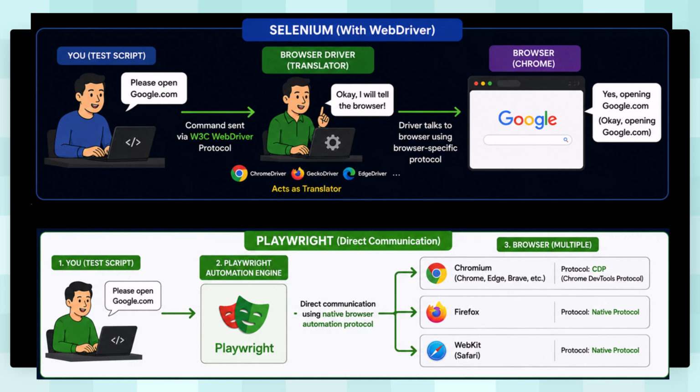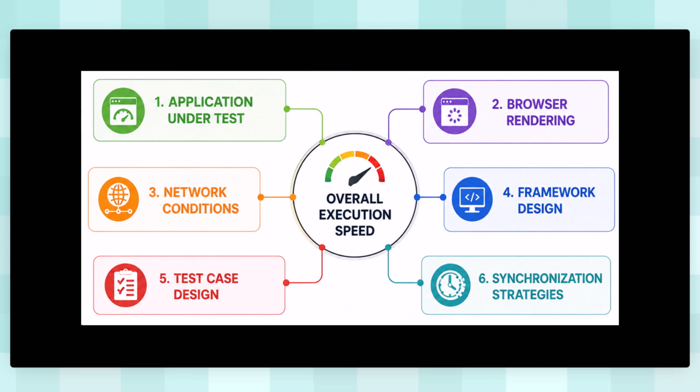Yes, Playwright can be slightly faster in some scenarios because it communicates with the browser using the native browser automation protocol instead of a separate WebDriver executable. However, overall execution speed of your automation depends upon many other factors, including the speed of your application under test, browser rendering, network conditions, how you have designed your framework and your test cases, and your synchronization strategies. So it's a good thing if you already know Selenium Java,